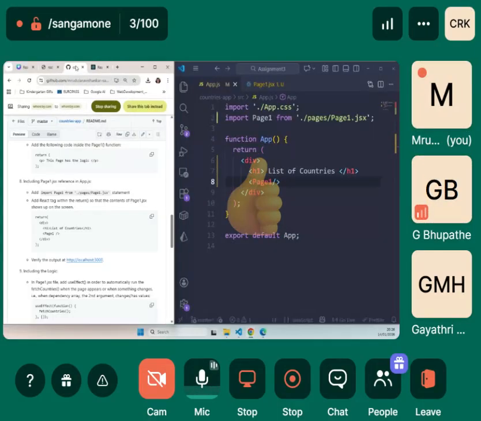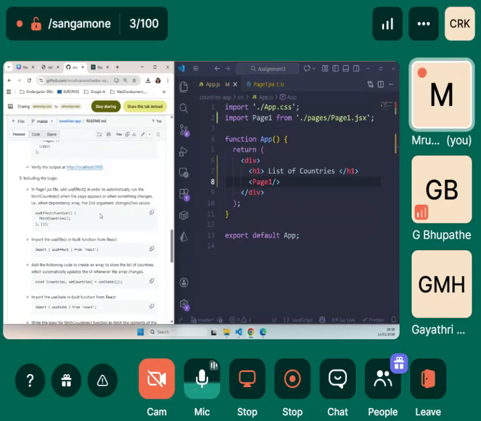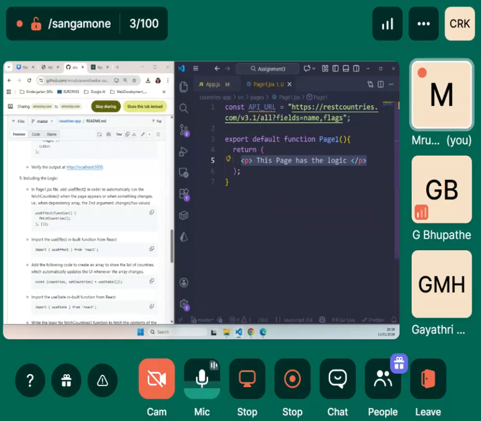Okay, so here we are going to include the logic for fetching all the data from this URL. Normally, as I told you, we will be handling multiple calls in order to prevent multiple calls to the API.